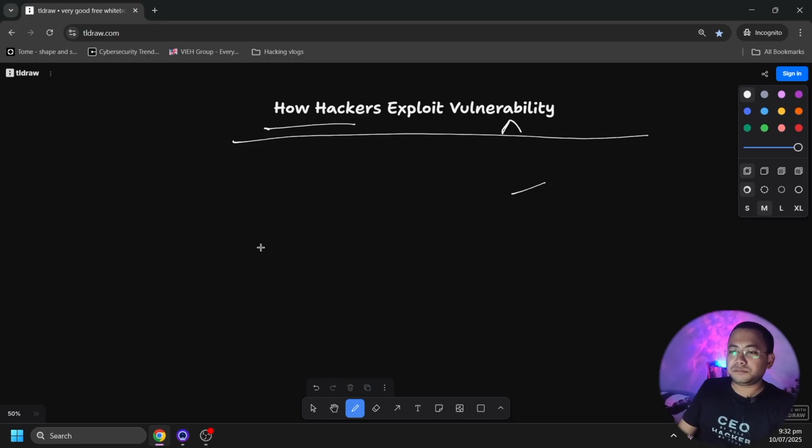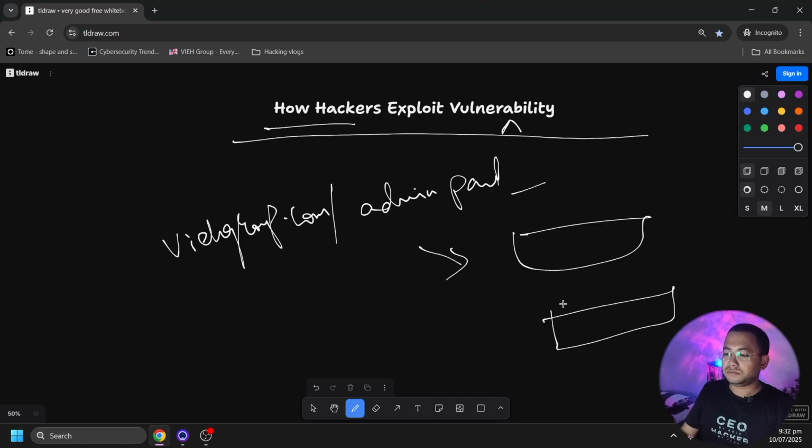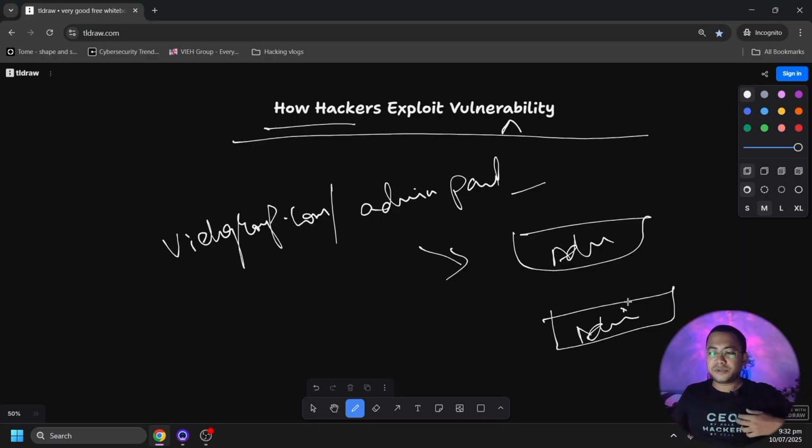The second thing is there might be a misconfiguration. Suppose there's an admin panel of VIH group, let's say vihgroup.com/admin panel. If there is any anonymous login, or a username and password field where if you enter admin and admin, it logs in, this is a basic practice developers need to follow.